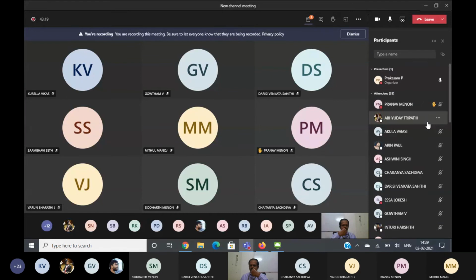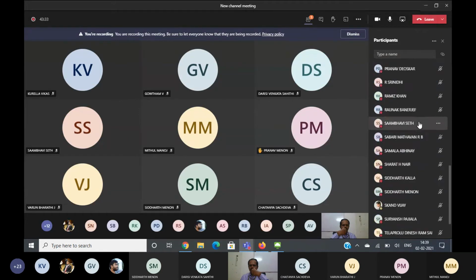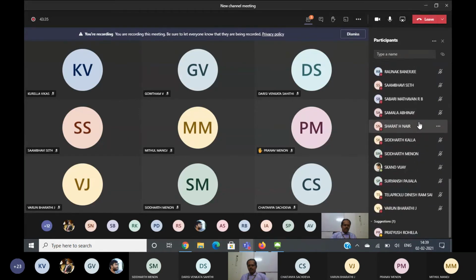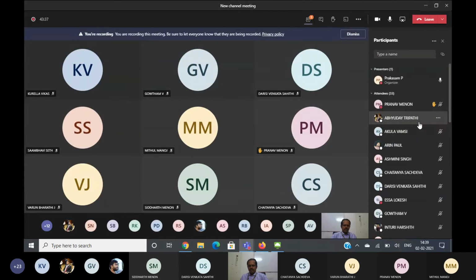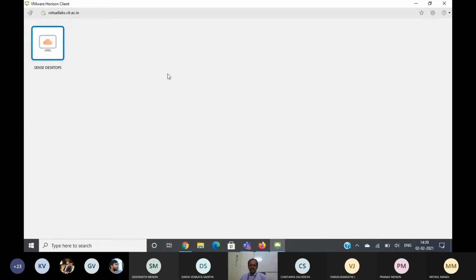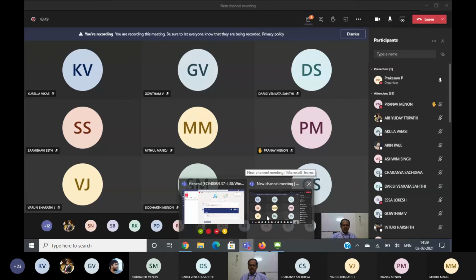Because installing that VMware client and then logging in is essential to access NetSim to complete the lab task. So if you are reaching this page, Sense Desktop, kindly raise your hand. Only one has reached. What about two?